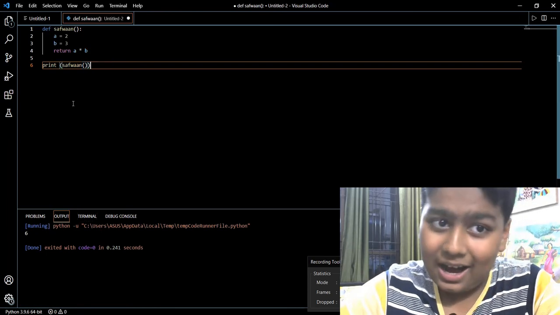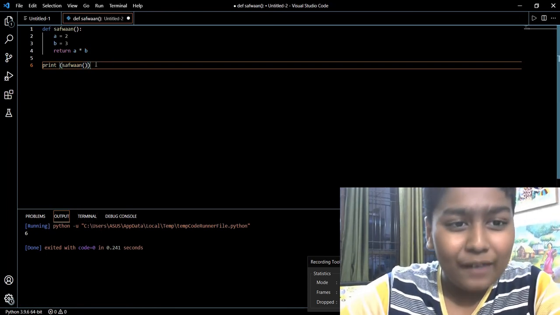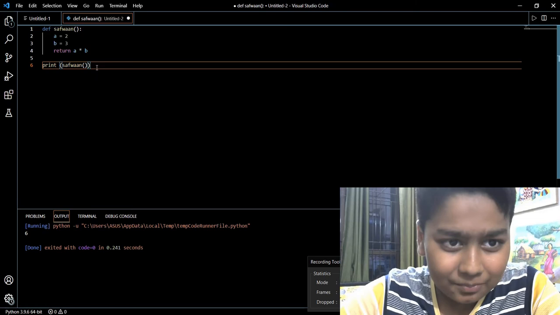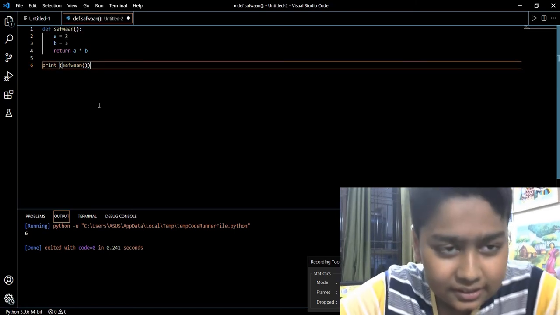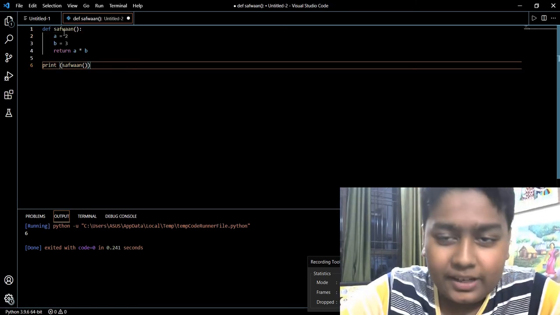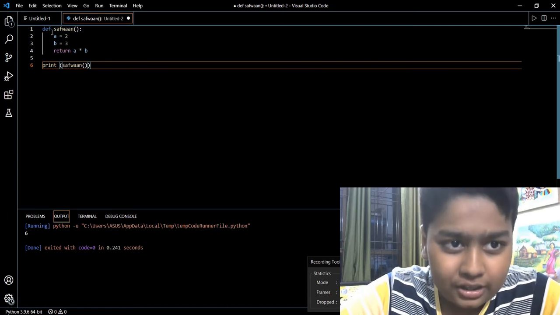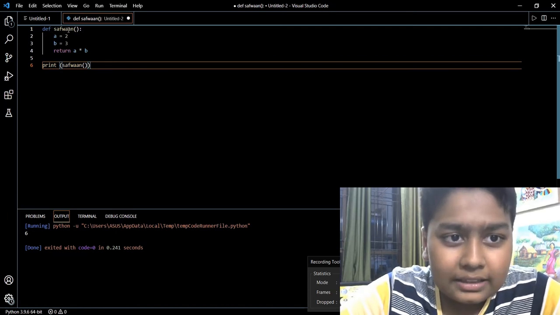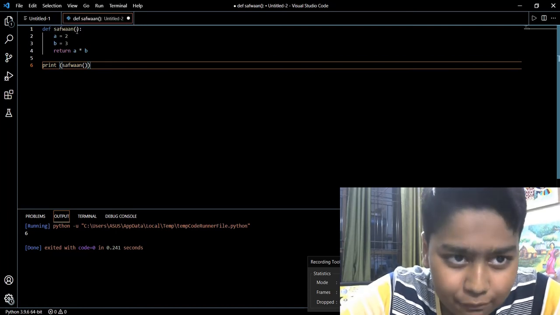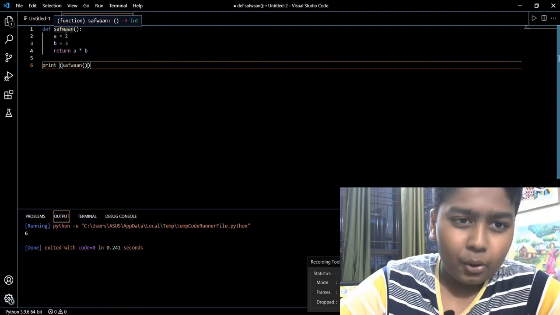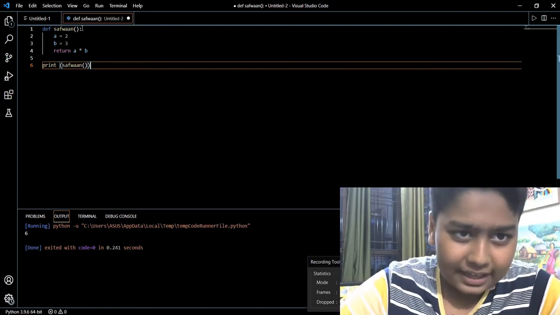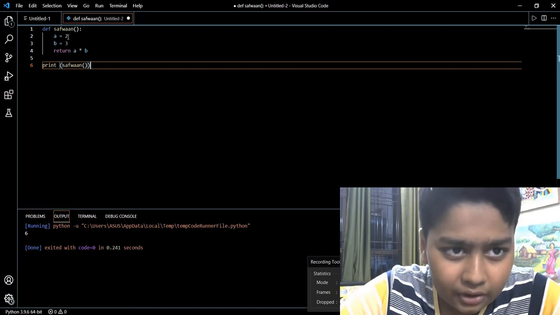Dear friends, did you understand anything? See the coding. First, I created a define section, def Safwan. You can give your own name, then two brackets, then the colon mark.